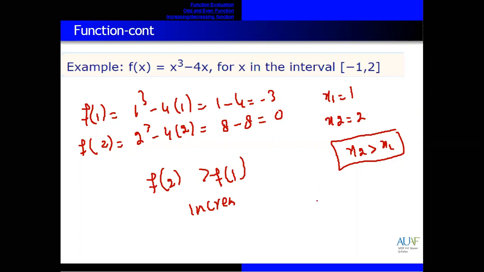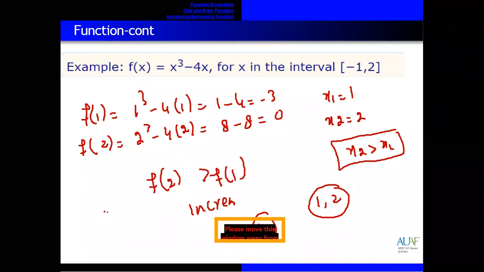So for the interval 1 to 2, the graph is actually an increasing function. From minus 1 to 0 it is actually a decreasing function. Sir, is it both decreasing and increasing? Actually it depends upon values. You cannot say both. You determine the interval, so between minus 1 and 2, it is both increasing and decreasing.